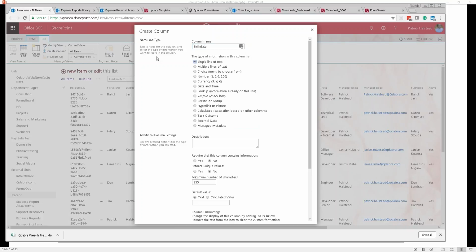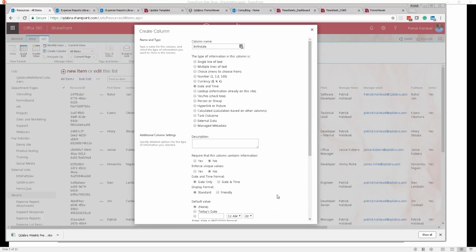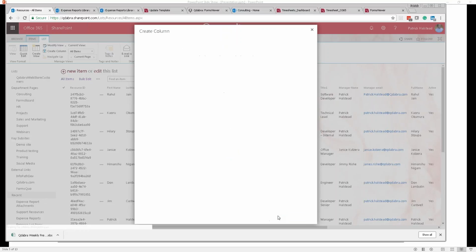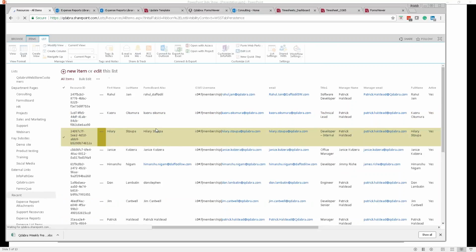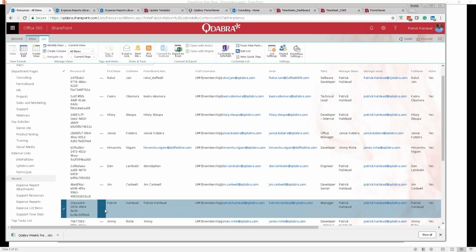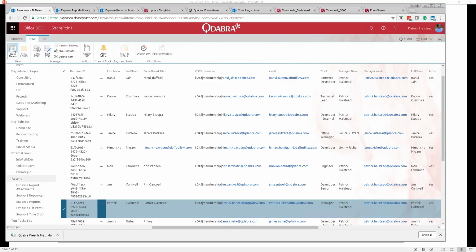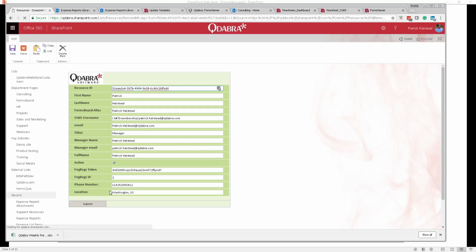Just call it birth date. I believe that's one word. It's a date though. Just going to hit OK here. So I've added a column to my list, and I don't know if I remember everyone's birthday, so I'm just going to add my birthday, and just click on items and edit. And of course, I believe this is the stock list here,